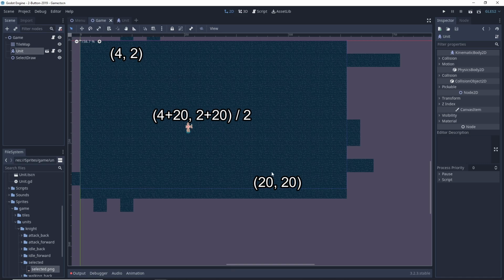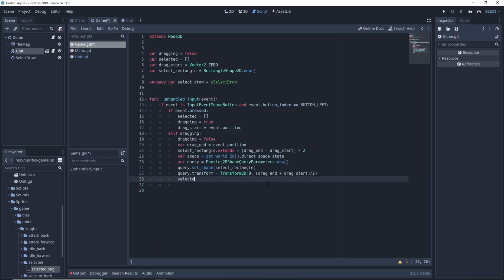So we divide that by 2 and we get the position in the center of the rectangle. So we have our transform, which is the position in the center over there, and our extents the half of this minus this, right? And our selected is